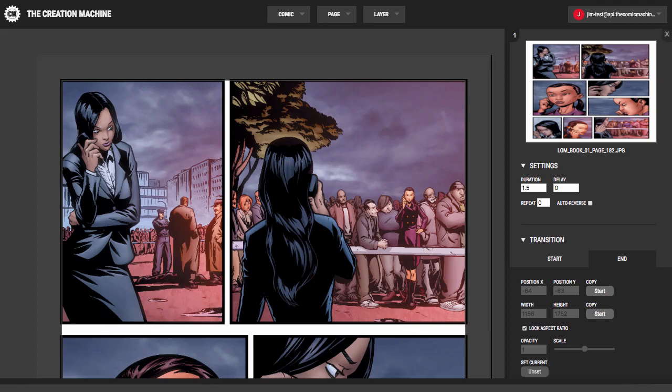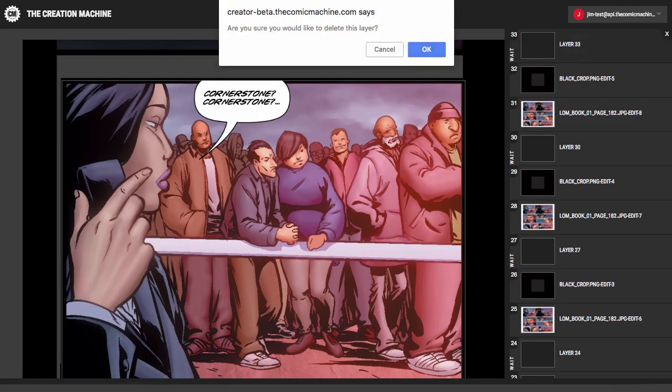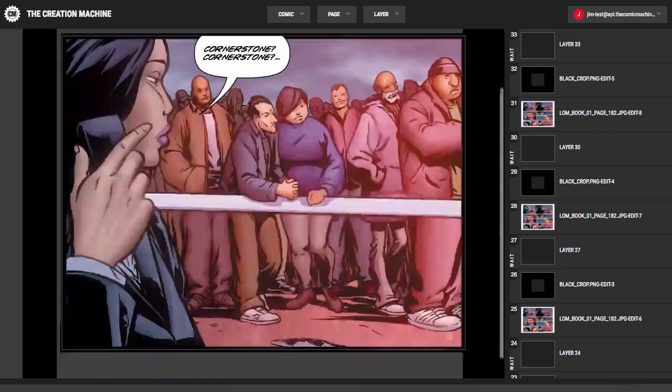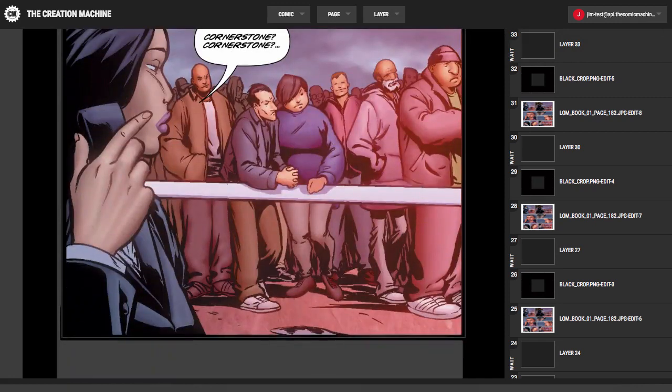So as long as the image is the same dimensions and the same resolution, it should actually conform to the exact same editing specifications that you've set out, including the transitions. So it'll be just a button in the